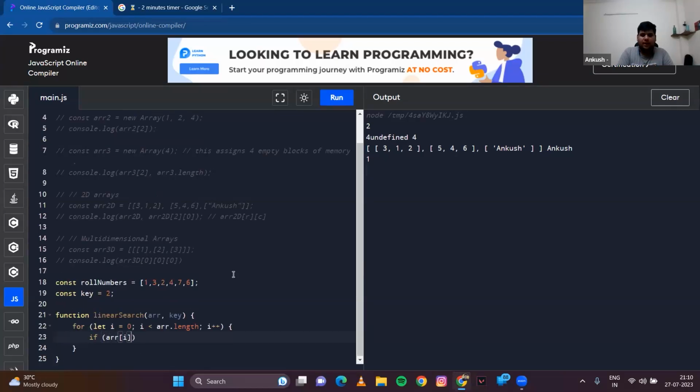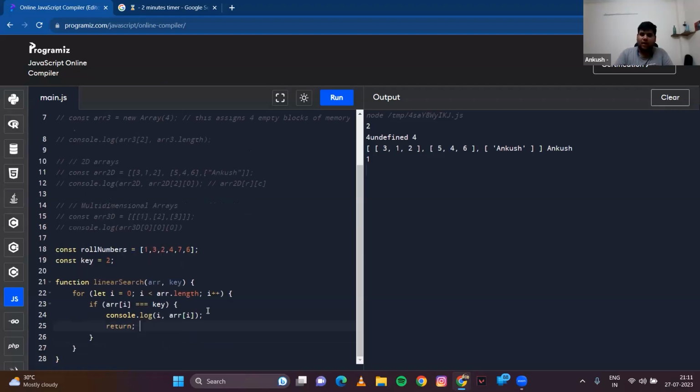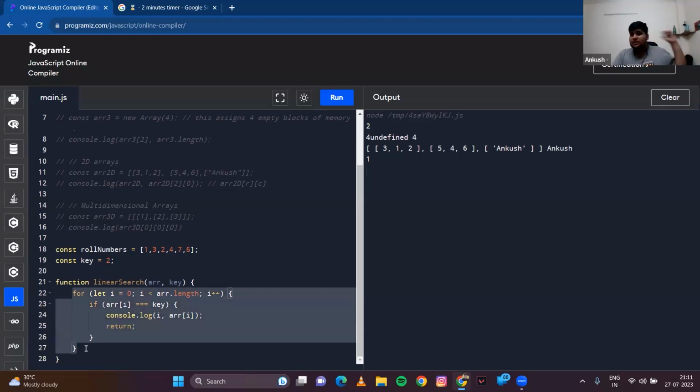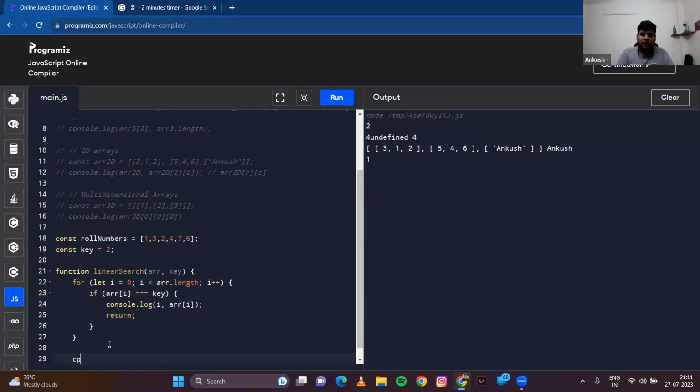If my current element, the ith element, is equal to the key, then log my index i, and we can add the element as well, array of i, and simply return that. My work here is done. Else, if after traversing the entire loop I never come to this if statement, that means I would have never returned. So I can simply write here